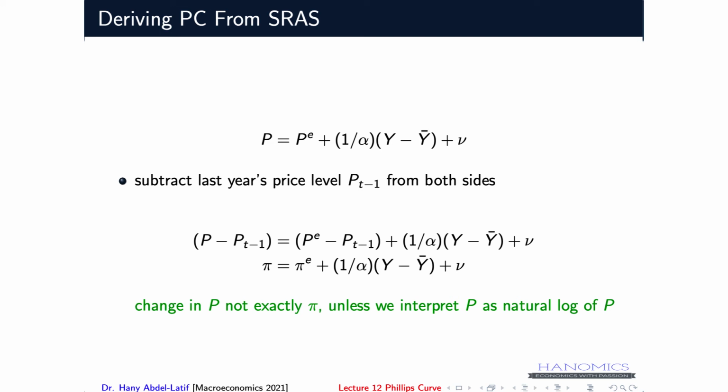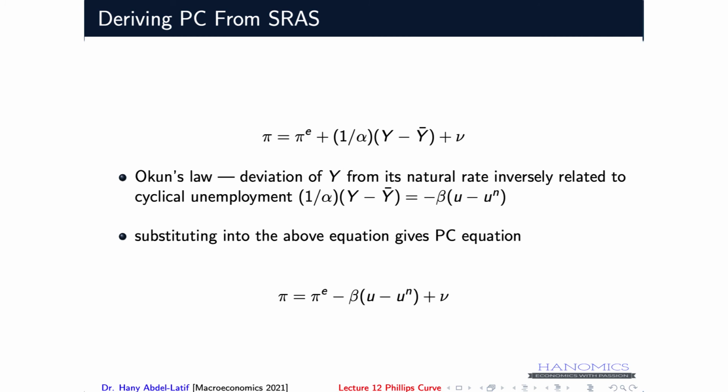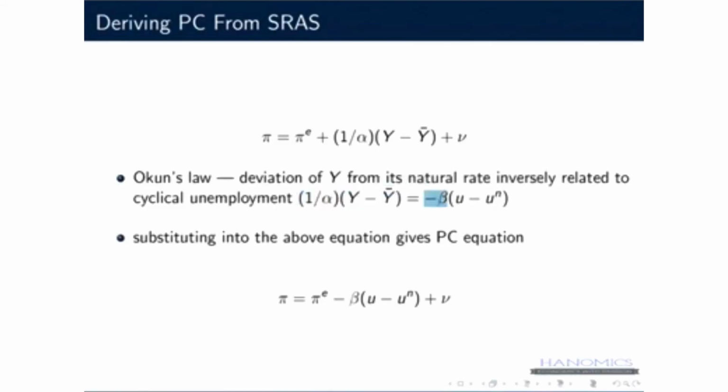And that's exactly what we discussed when we talked about Okun's law, and that is the deviation of actual output level from its natural rate, inversely related to cyclical unemployment, which we can then replace this term by. Okay, this is a constant which is equivalent to this one, and then we have the gap between the actual output level and the full employment output level, which is inversely related to